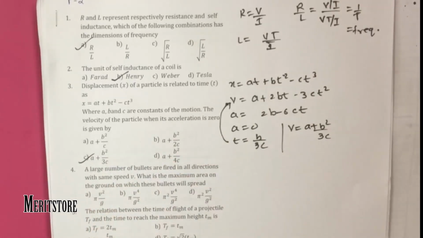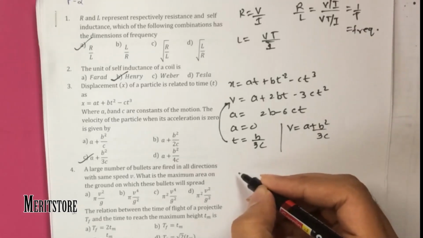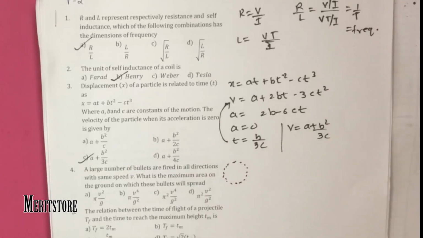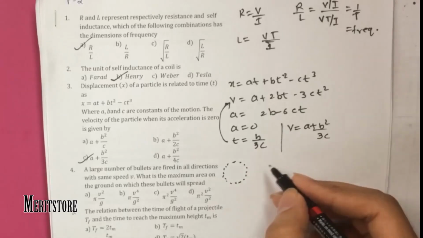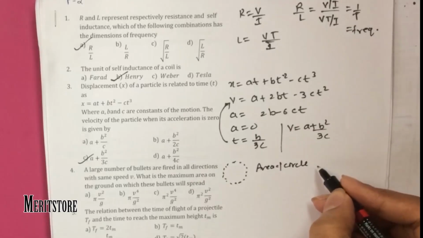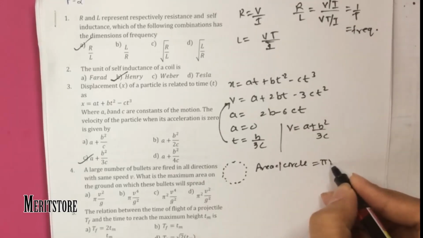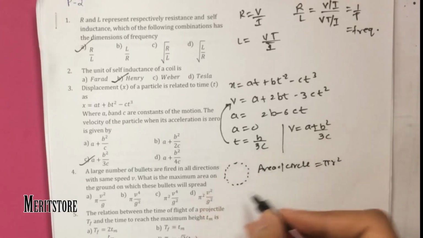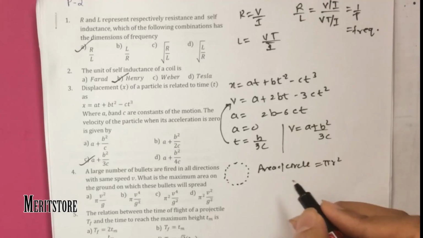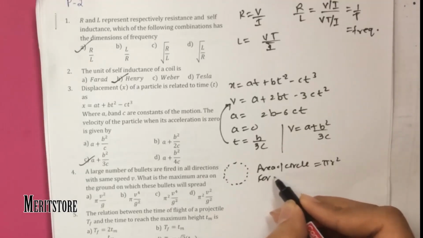Question 4. A large number of bullets are fired in all directions with same speed. What is the maximum area on the ground on which these bullets will spread? Now the bullets are fired in all directions. So all direction would mean the figure would look like a circle. So area of circle would be pi r square. So the bullets are spread in a circle, hence the area in which the bullets are spread is pi r square. Now for maximum area,